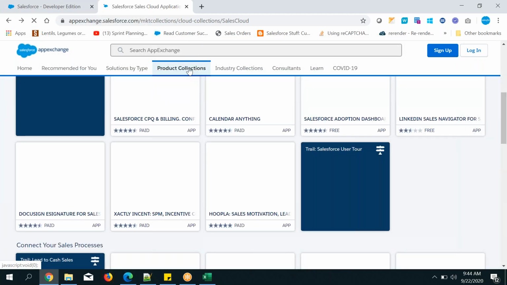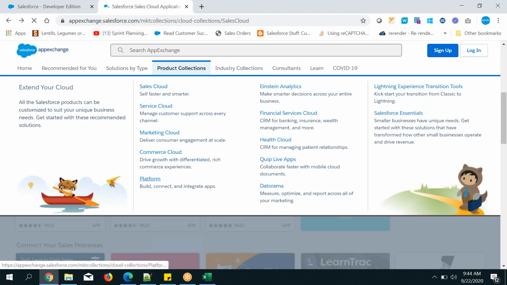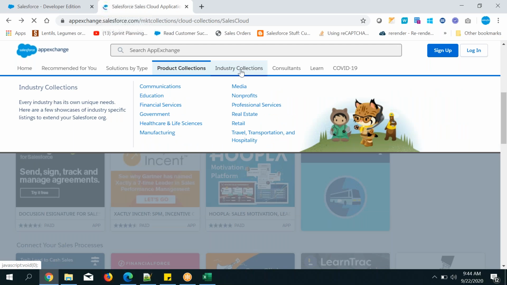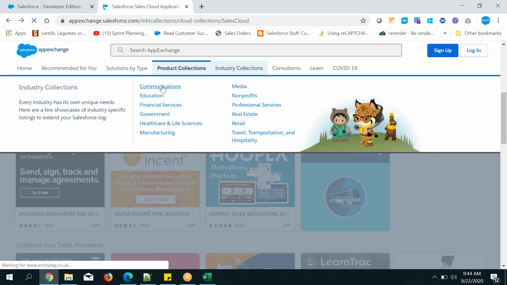Based on the products, by clicking on this one, all products will be there based on Sales Cloud, Service Cloud, Marketing Cloud, and like that. Different industries are there, right? Communication, education, healthcare, manufacturing, retail. So based on industry also, products are there.